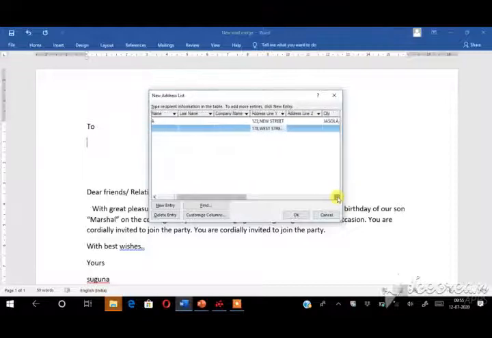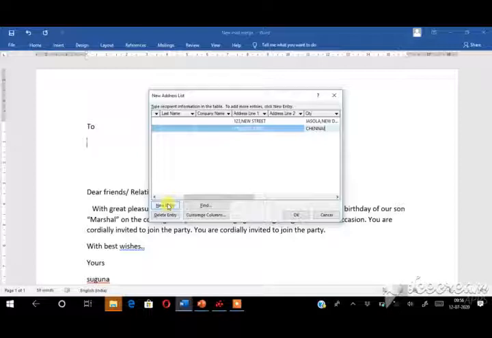Whatever city you specify here, I just give one example only. Chennai I specify. If you want another entry, click the new entry option. Otherwise, if the address list is enough, click the OK option now.